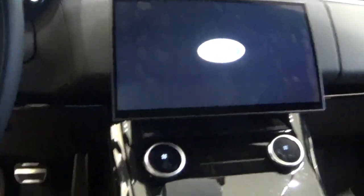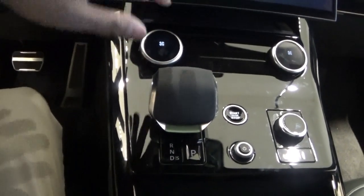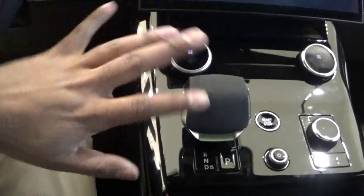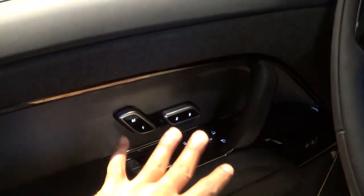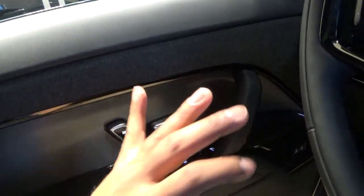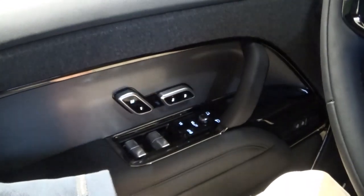Now, the interior of the Range Rover, everyone, looks really nice. So, this is your infotainment system, and now Range Rover has played it all simple right here. So, there are not as many physical buttons as before. And it's really cool how Range Rover has gone about it. Although, does it really pair well to the Range Rover theme? Right here, guys, seating memory and seating adjustment. Now, the concept of having a seating adjustment right here was not really Range Rover originally. It was all Mercedes first. So, it's really interesting how Range Rover also started doing this, and I saw it with the bigger sibling. It pairs well with the Range Rover theme, but I just think it would have been nicer if it was down there, because that would have been more...